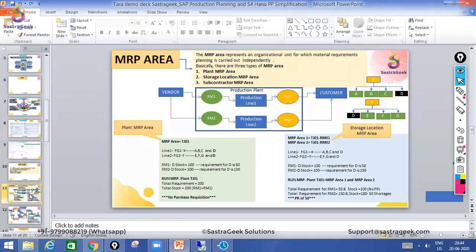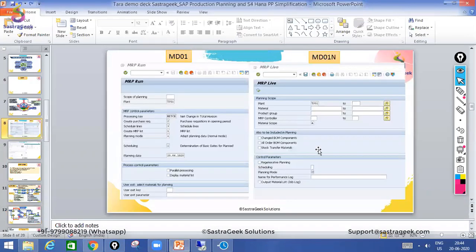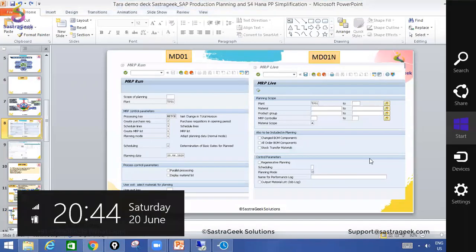You are saying 5 and 4 in this screen? Sorry? Where are this 5 and 4 in the screen? Just now you told MRP area for subcontracting, you select 5, right? No, not 5. I'm not getting your question. No, in that MRP screen, here. You were saying use 4 or 5, something like that, right?